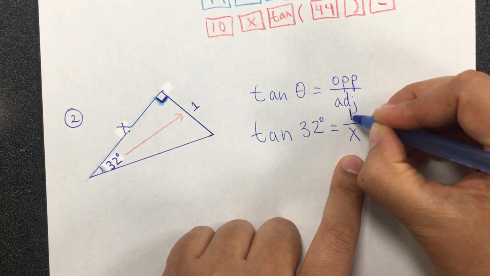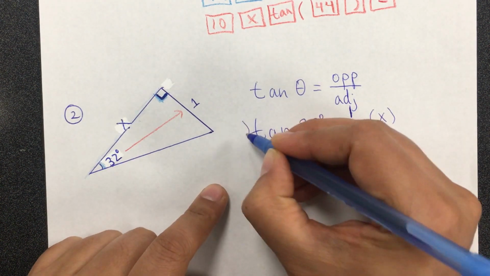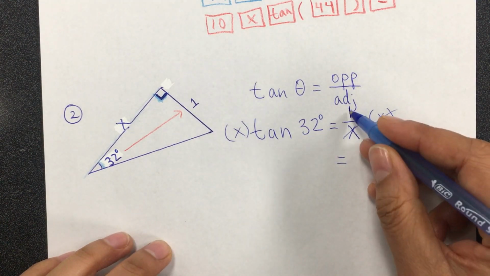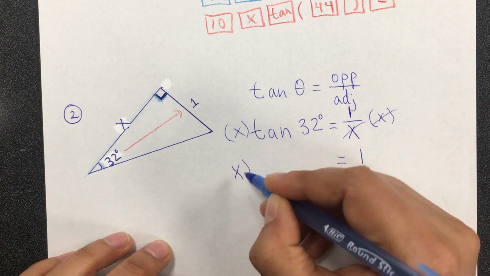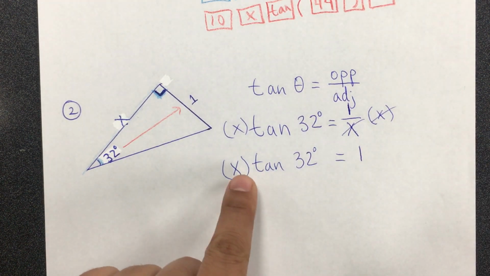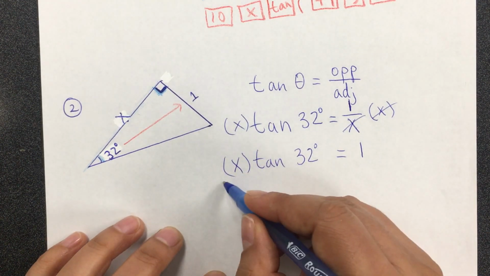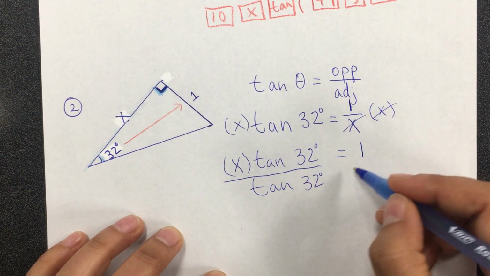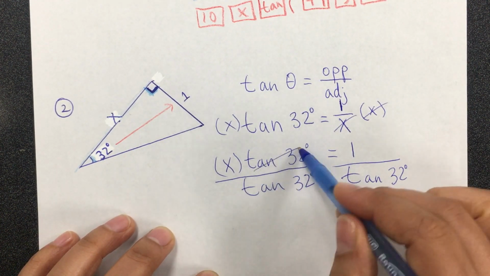Now, the long way to do this is, if we're dividing by x, we're going to cancel by multiplying by x. This cancels, but that didn't leave my x by itself, only the 1. I need x by itself, so let me rewrite that. X times tangent of 32. To leave x by itself, if I'm multiplying x times all of these, I'm going to divide by tangent of 32 degrees. If I do it on one side, I do it on the other side. This cancels,